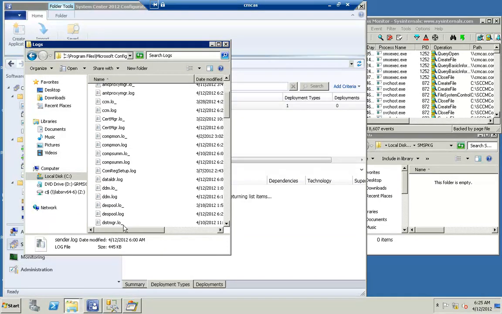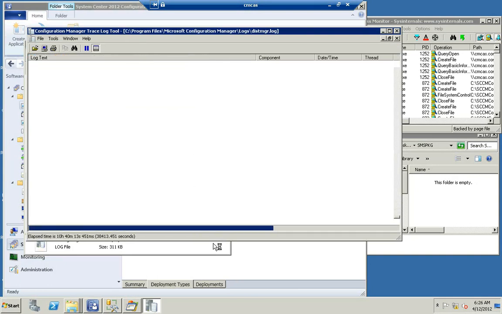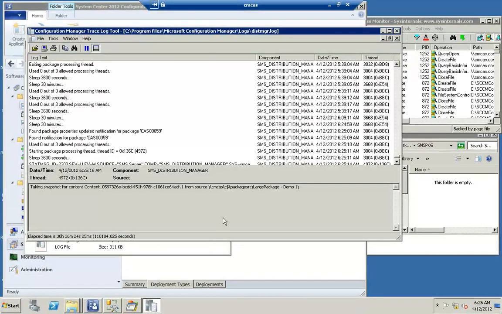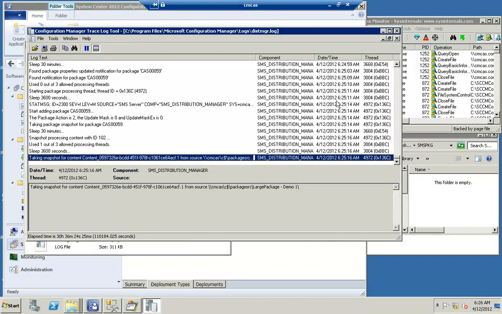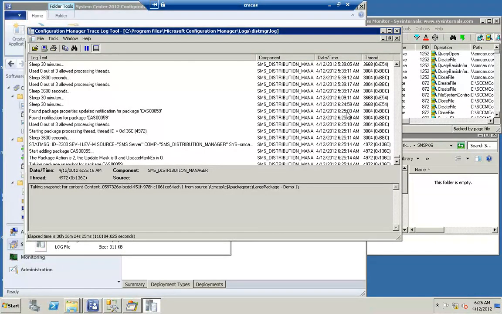So distribution manager log records what I've done so far, and it's pretty simple when you look at the distribution manager log in terms of the processing that's happened. So we'll let that open up. It looks like it's still busy behind the scenes, but we'll let that open up for a second. So here again, timestamps are always our friend when we're looking at the logs. Timestamps make a lot of sense to track. Again, I can see it's not quite finished yet. You'll see a little bit more activity as we go along, but right about here we start to process right around